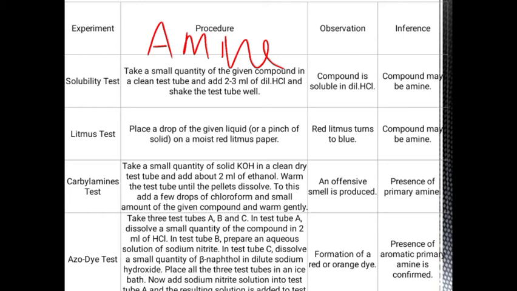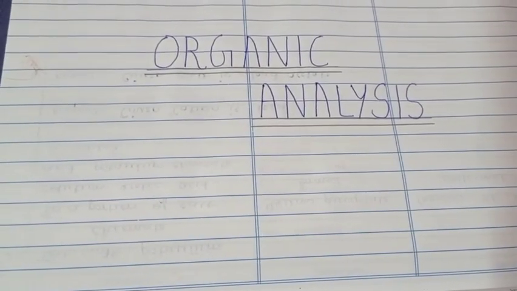Thank you. While writing the record, you have to keep something in mind on the first page. I'll show this one. While writing your record, first write organic analysis.